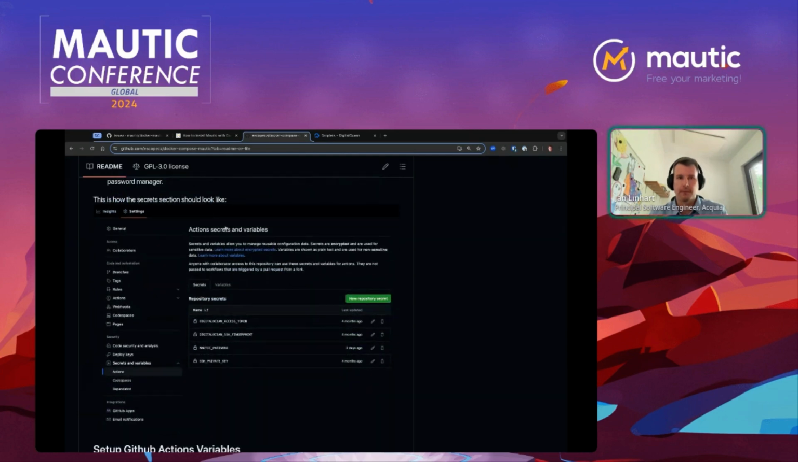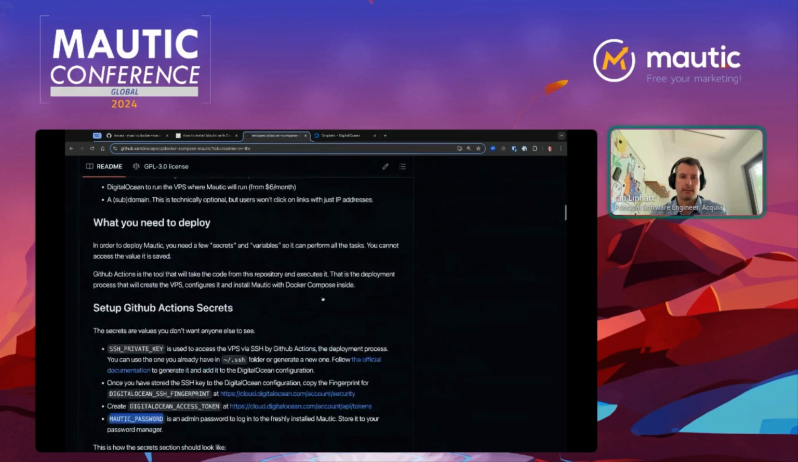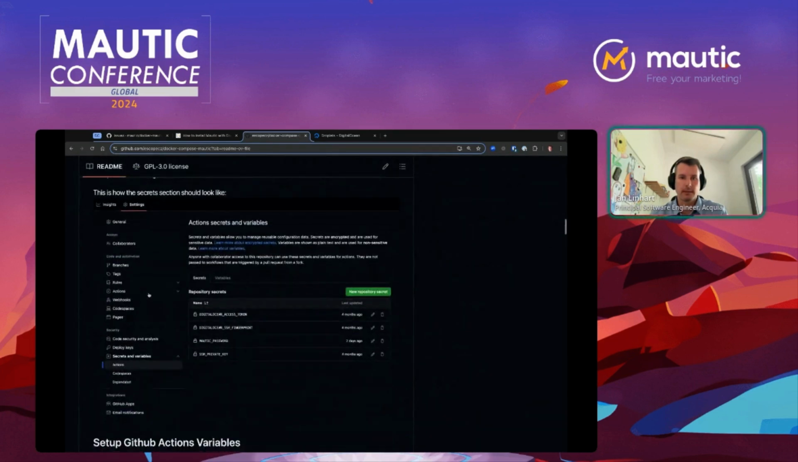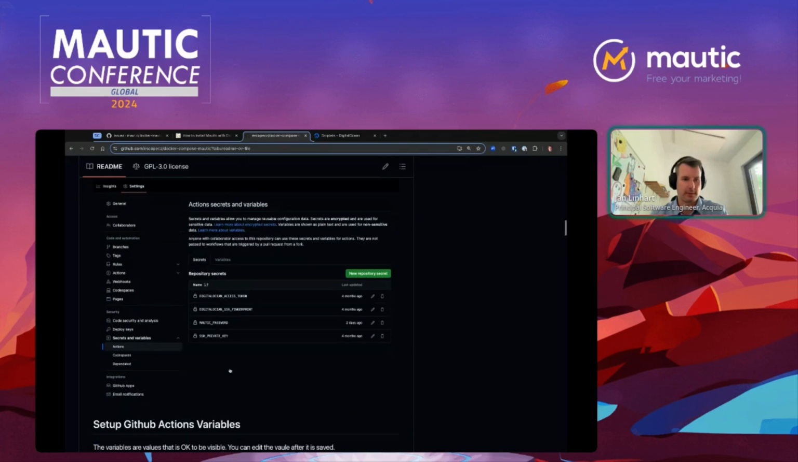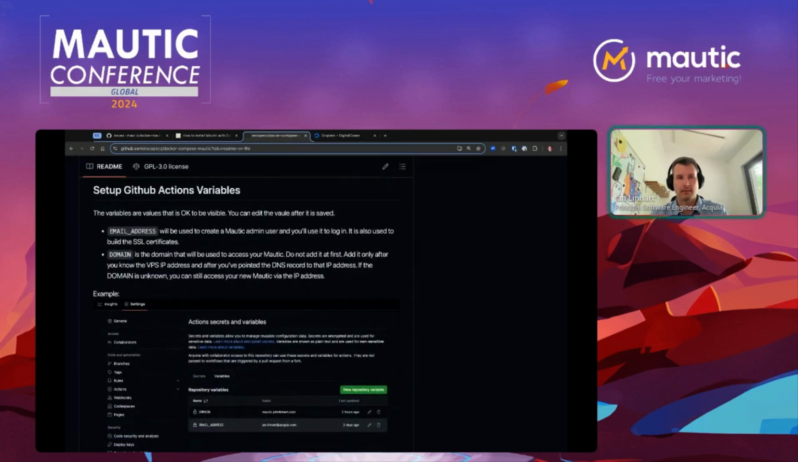Here's a screenshot. I can click this settings button here and get to this place where you will basically say, create a new repository secret, and you will paste the key and the value, and do that 4 times. So this is the one part. And then there are